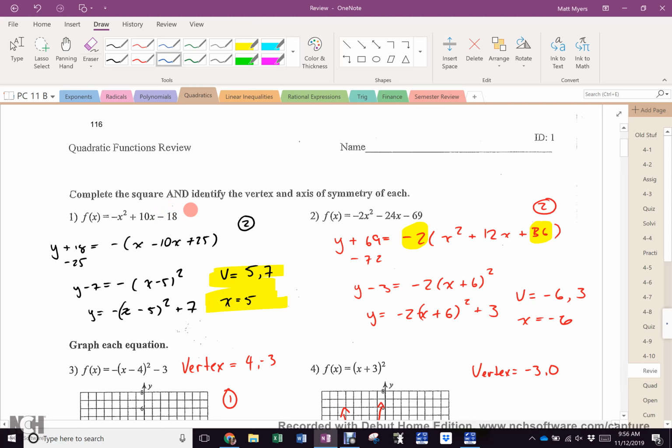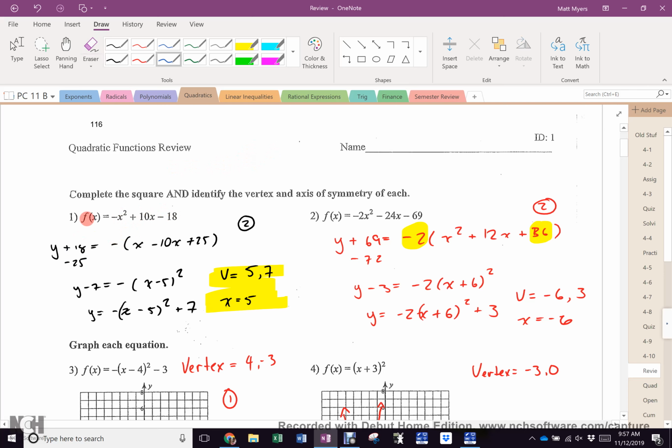Now, I shouldn't say that. If you are not sure about completing the square and you Google it, not very many people will do this step and move that 18 out of the way. I don't know why they don't do that. What most Google, if you try to learn this yourself, they will do this first step here. They'll move out the negative, but then they'll leave this negative 18 here, and they'll write another number there, the square. I don't like doing that, but if you like it, you've Googled it and that works for you,